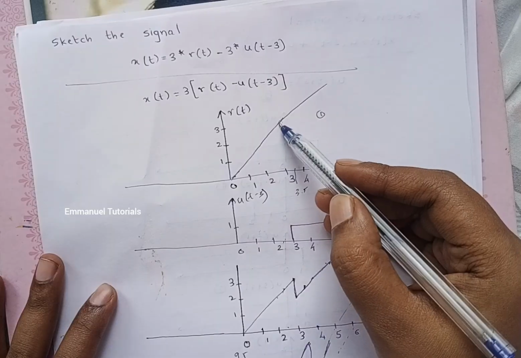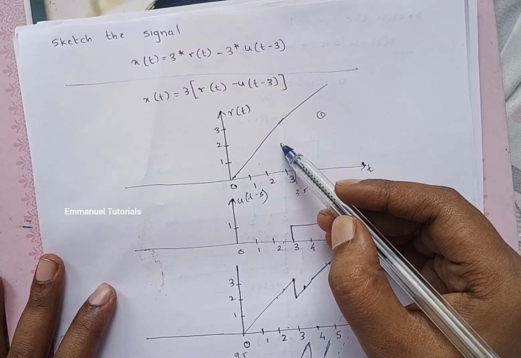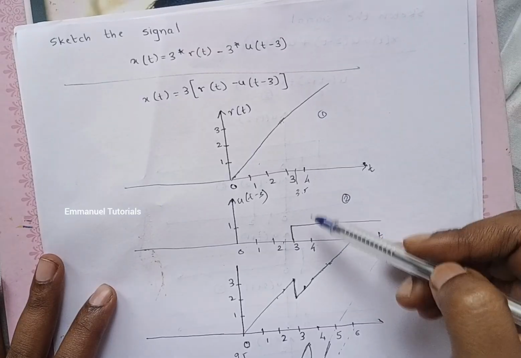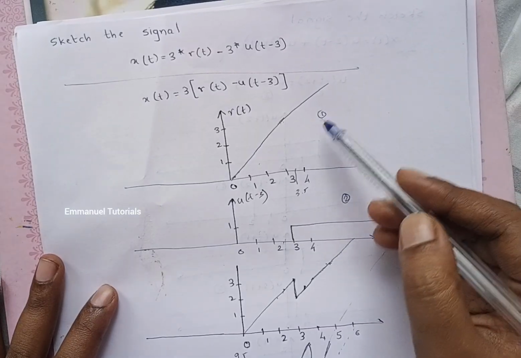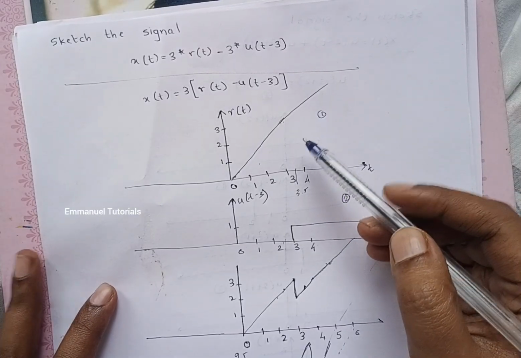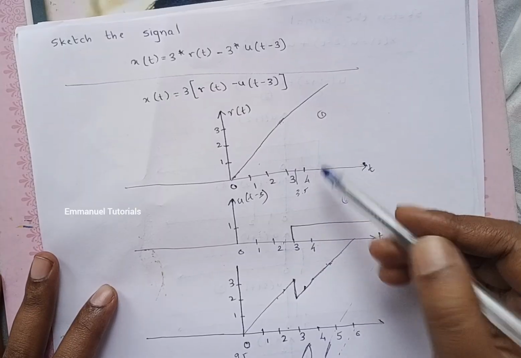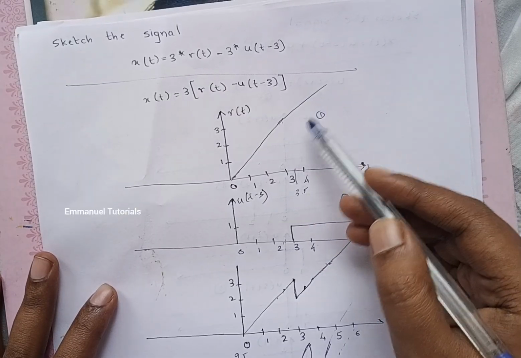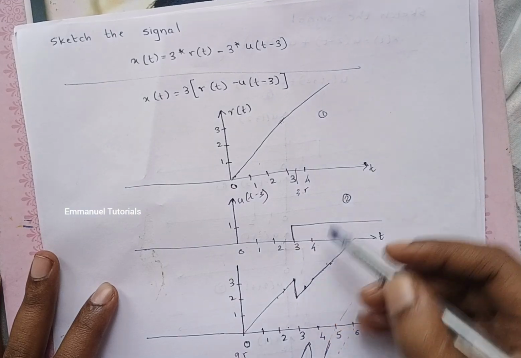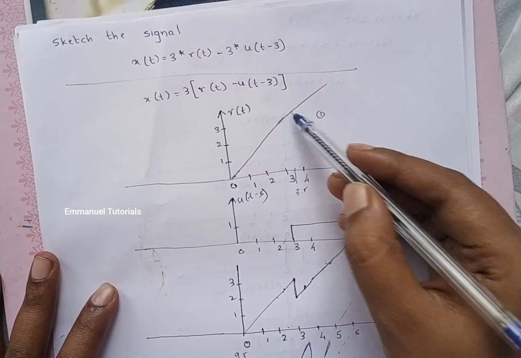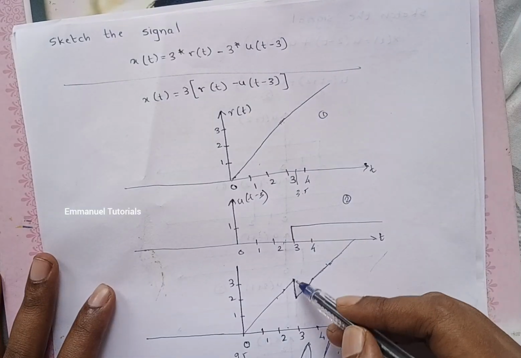So we have the ramp, then it is going down, and then again it's going to be a ramp, because whenever you're going to subtract it with a unit step, the original signal's shape will change only based on the amplitude, but it will remain the same shape. So we have to keep the original shape of the signal of r of t, but depending on the amplitude change, we'll have to